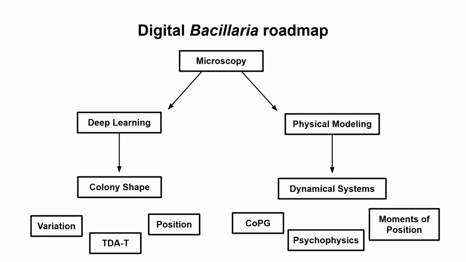And so in this project, we take microscopy data. We not only have a deep learning pipeline, but we have a physical modeling pipeline. Physical modeling, we can do dynamic systems type stuff, modeling physics. But in deep learning, we want to know the colony shape. We also want to know something about variation, position, and then something called topological data analysis, which is where you